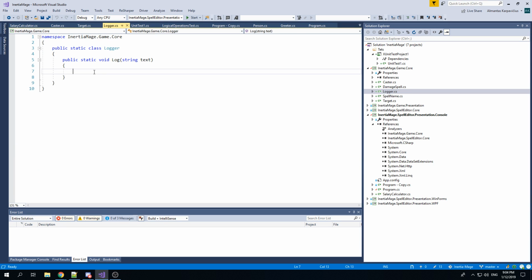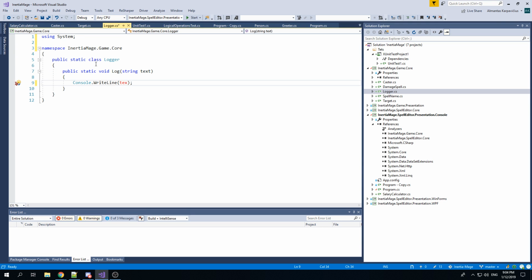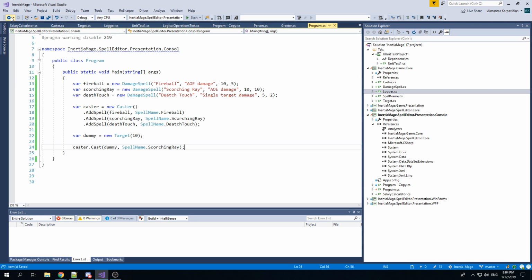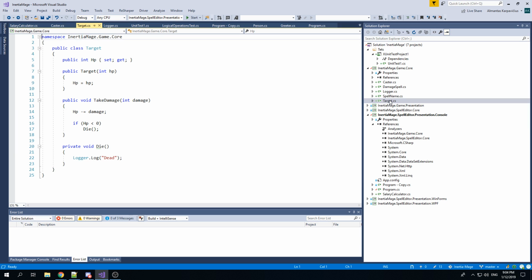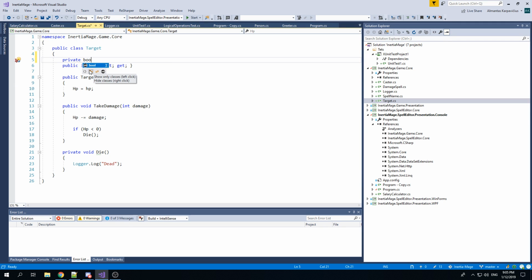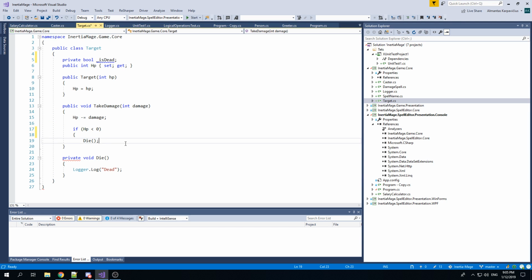If I go to logger, I'll move this logger. It's a console logger, so CV and text. And one more thing: when our target dies, it will keep dying when damage reaches 0. So it should have a flag indicating if it's dead or not, so that I don't keep killing it every time. So if HP goes under 0, is dead is true,